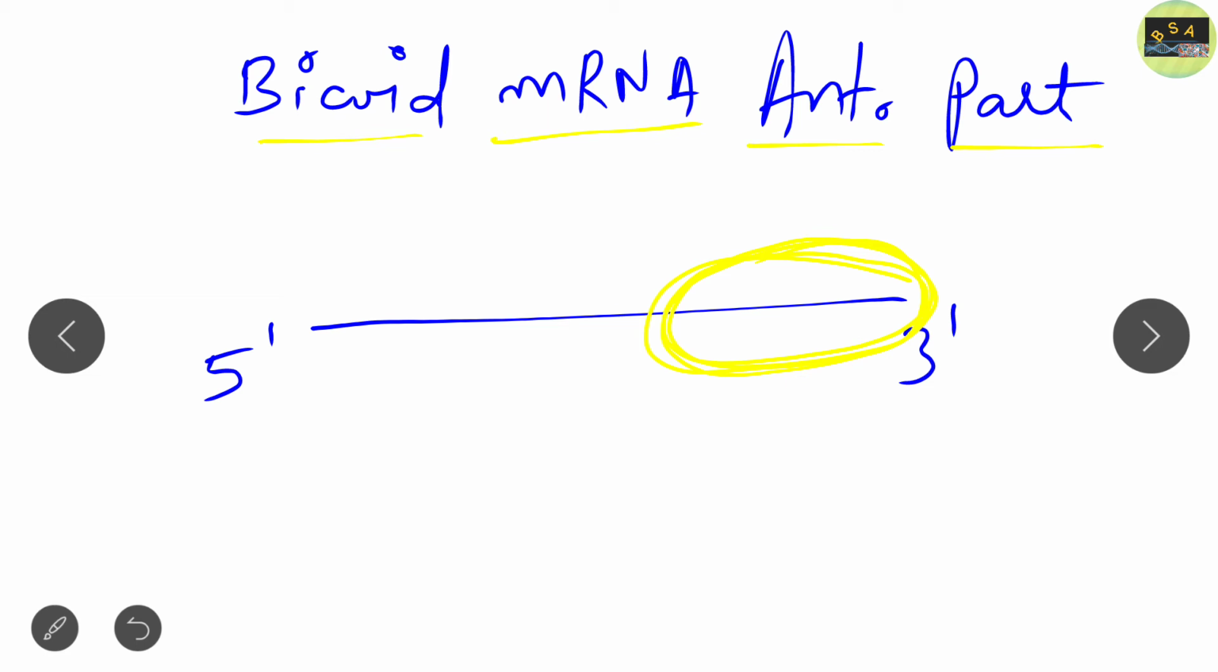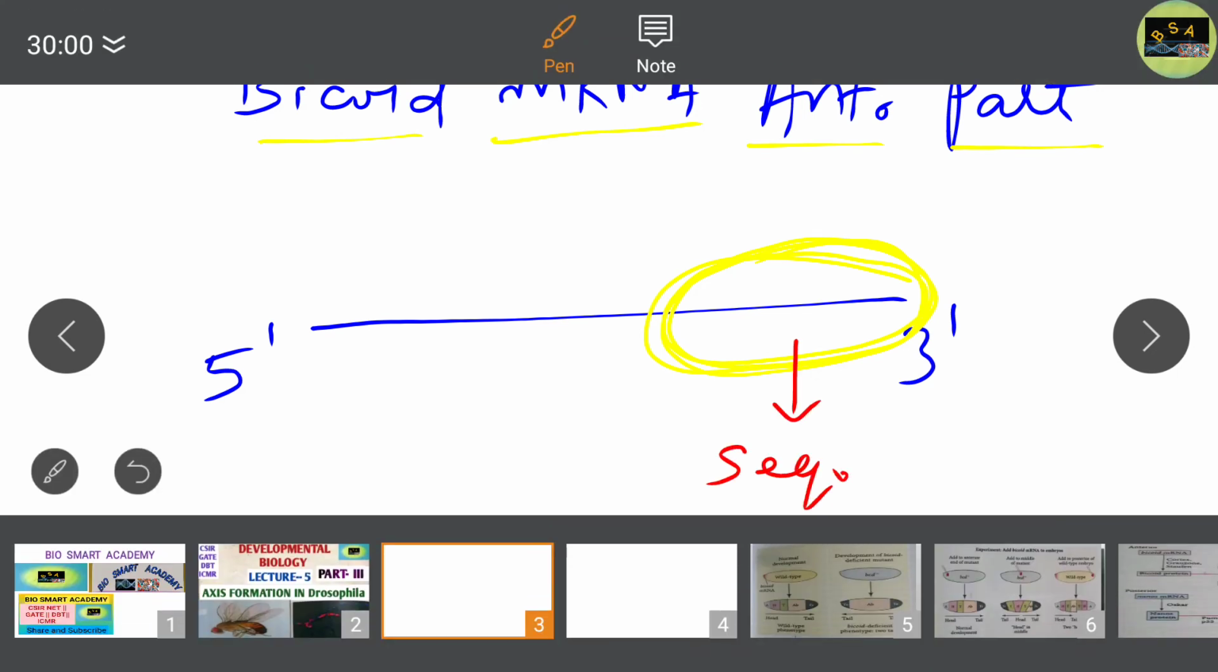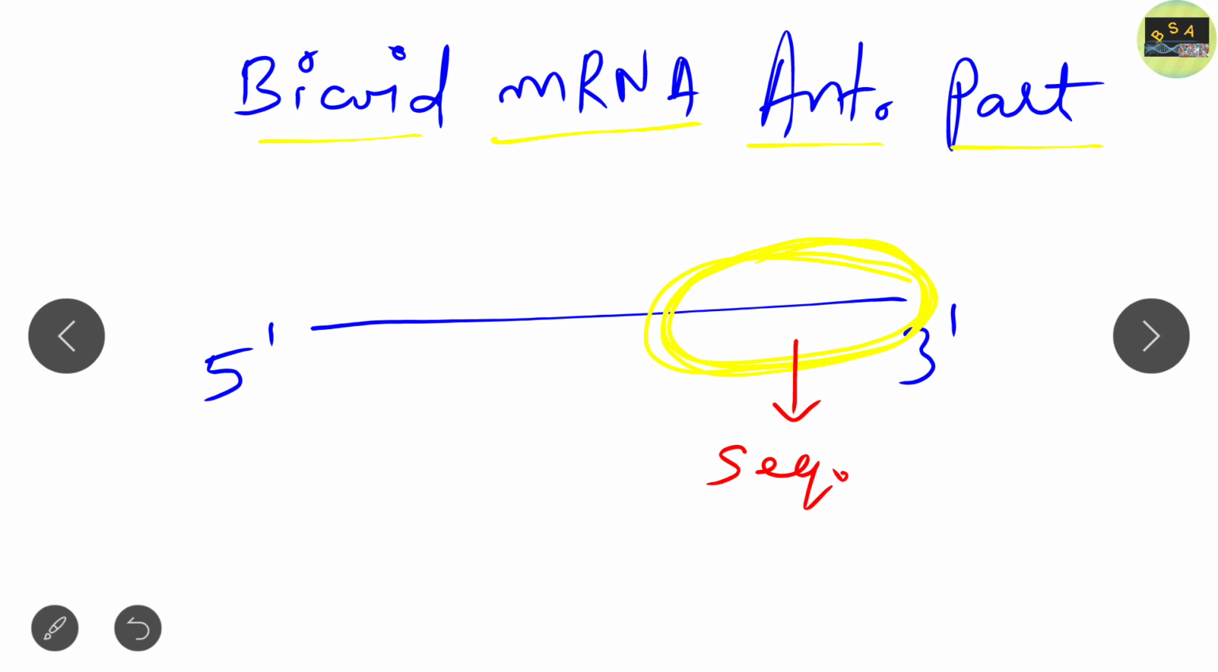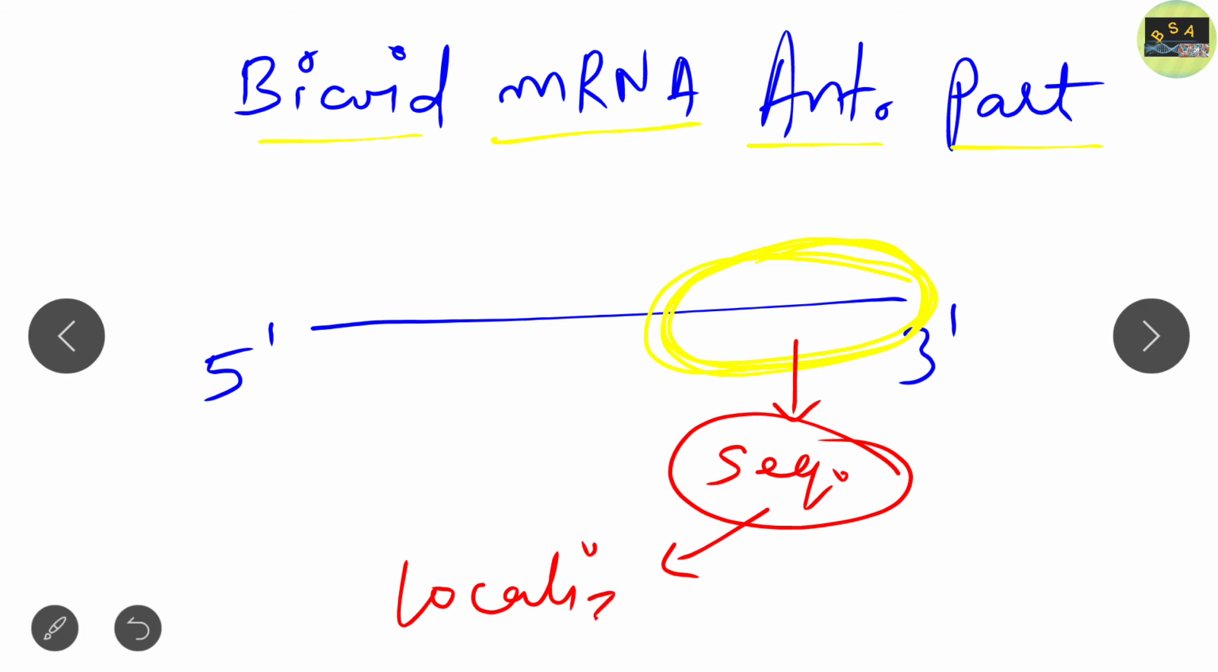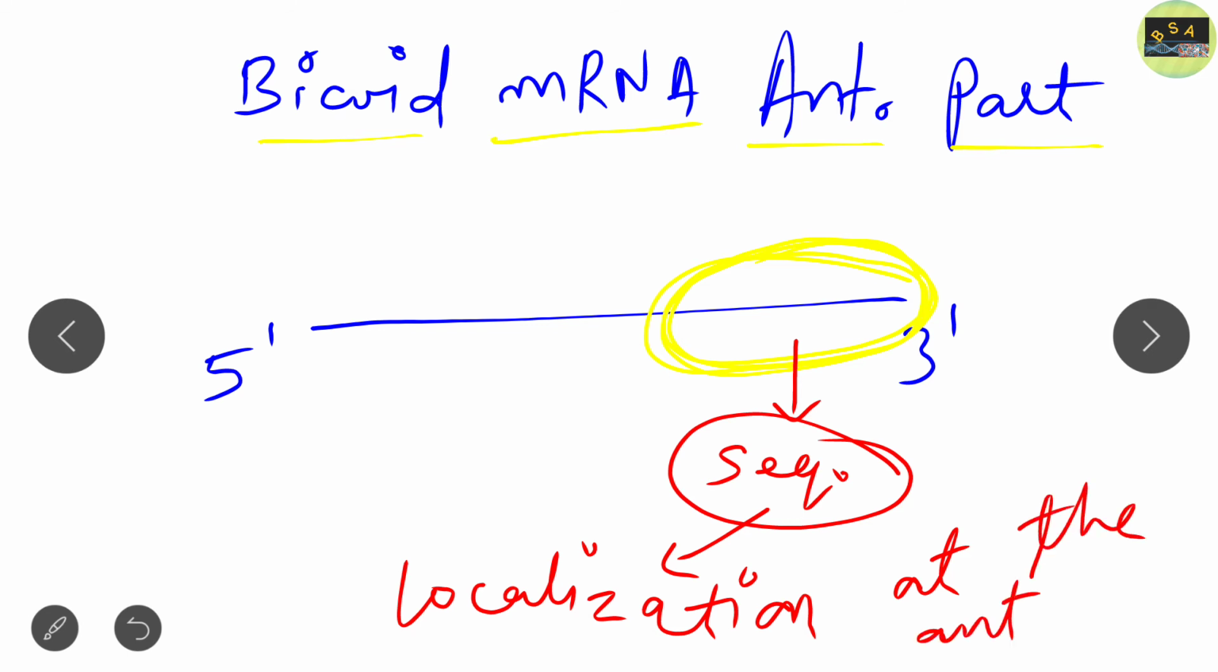It contains a sequence, and this sequence is critical for the localization of the bicoid mRNA at the anterior pole. Clear? Next,